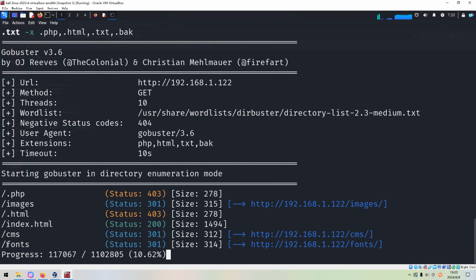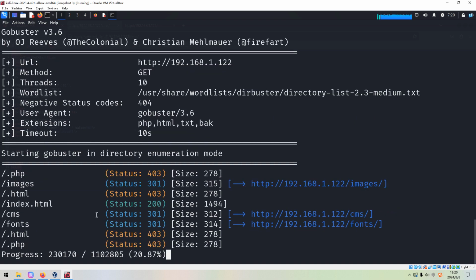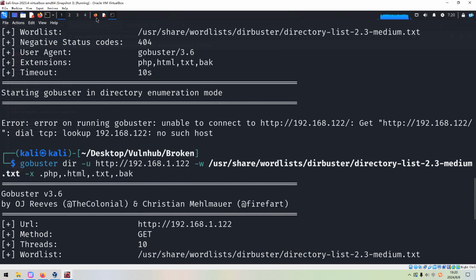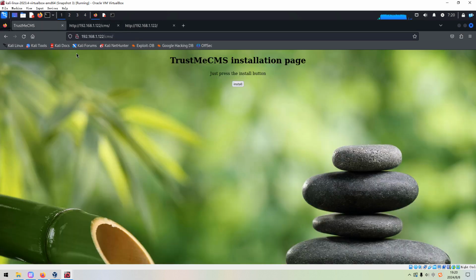Also, although here, as you can see, the fonts directory is the store for some static files like font files, in most cases we do not need to pay attention to this directory. So to save time in this video, I'd like to quit from GoBuster. So now let's go back to the browser and hit this install